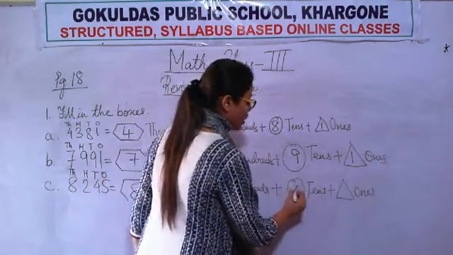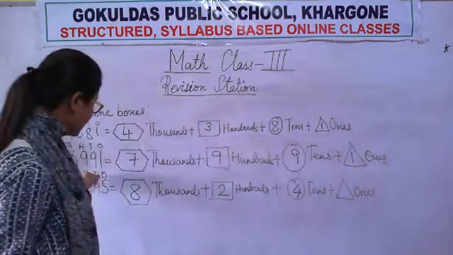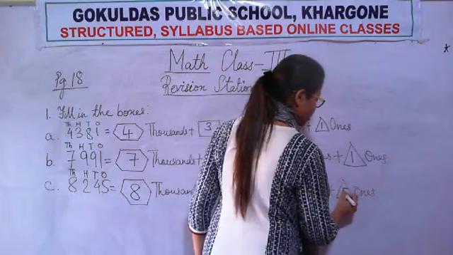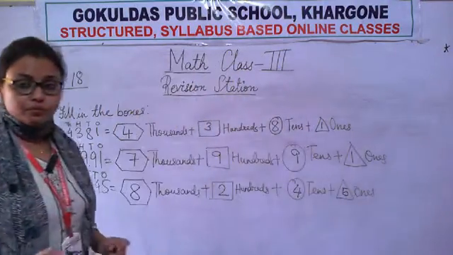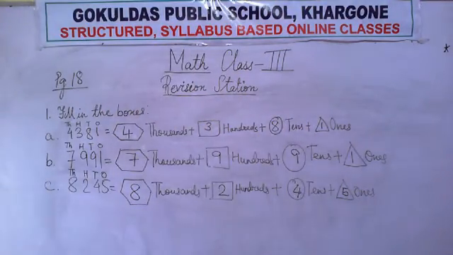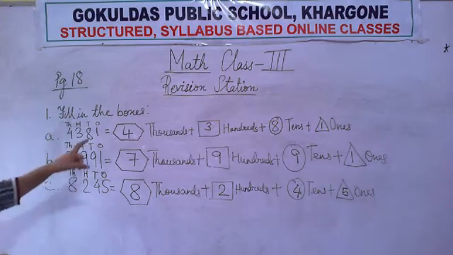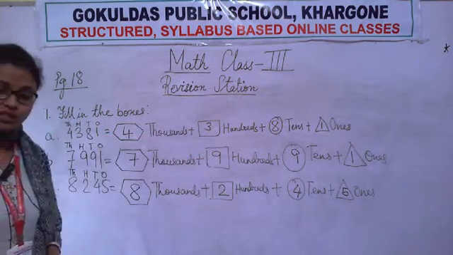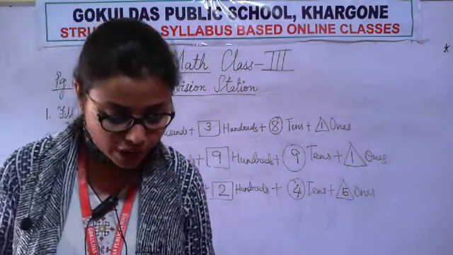We will write 4. And what is the number below ones? The number below ones is 5. So what will we write in the triangle position? We will write 5. I'm just saying once again, what is my first step? We will write ones, tens, 100, 1000 and then we will fill the boxes. It is very easy. You all can do it.